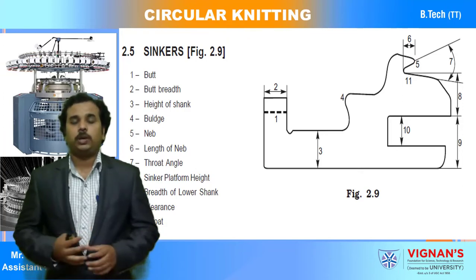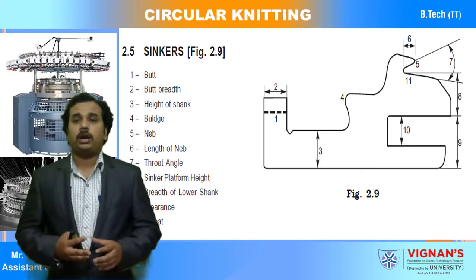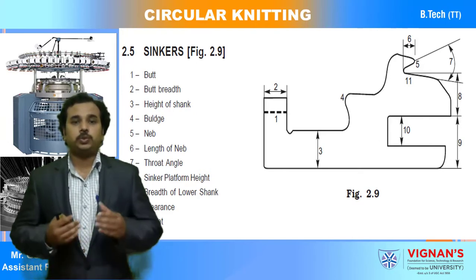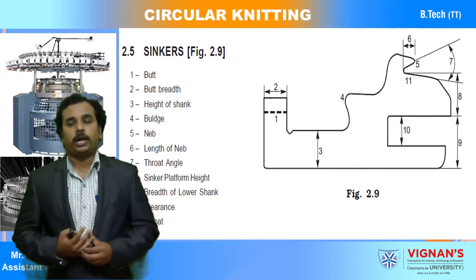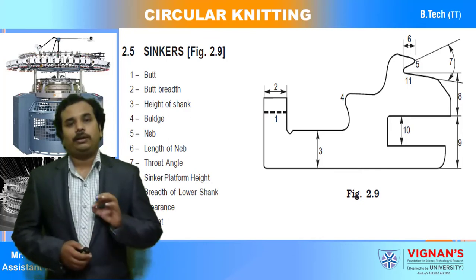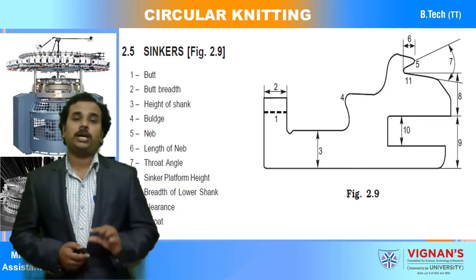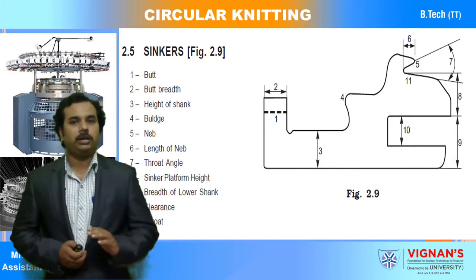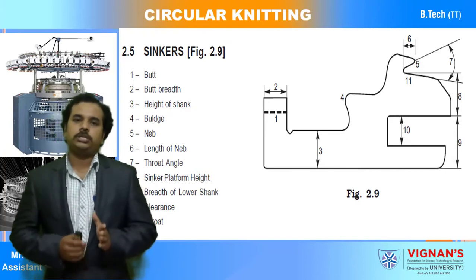The throat part, the throat angle, is going to hold on to the old loops so that the old loop should not be raised along with the needle when the needle is rising up. So this is the main